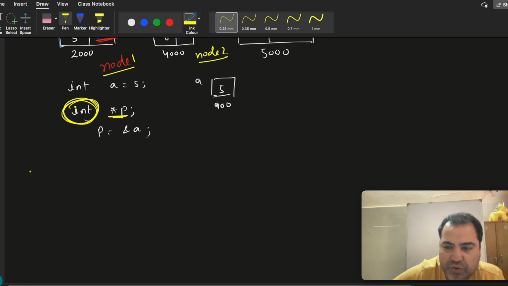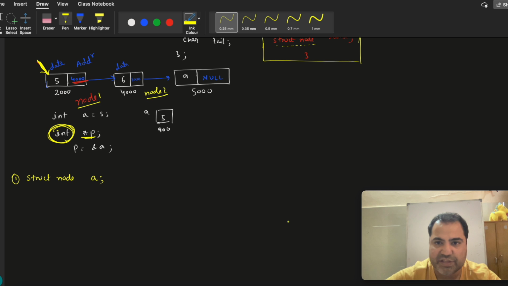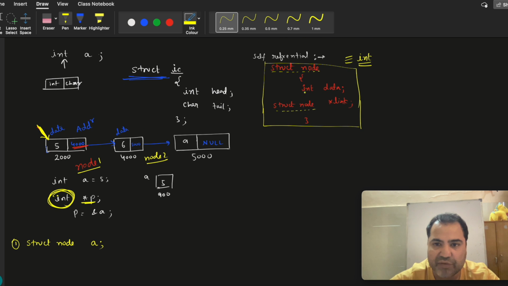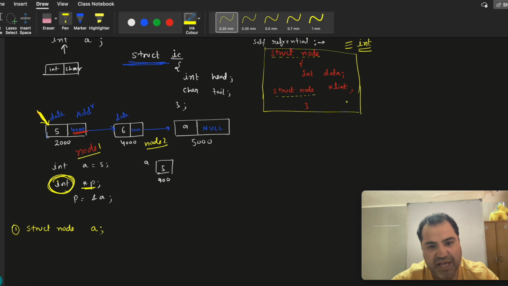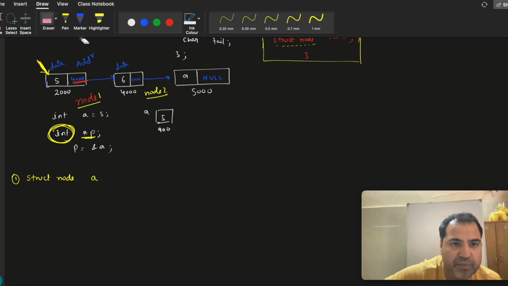Say you are taking struct node and a variable a. Now this a is of struct node type. This is the first concept we need to remember. I have already declared what struct node is: it will have integer type of data and star link. So struct node a will be this type. So if I am doing a equal to,